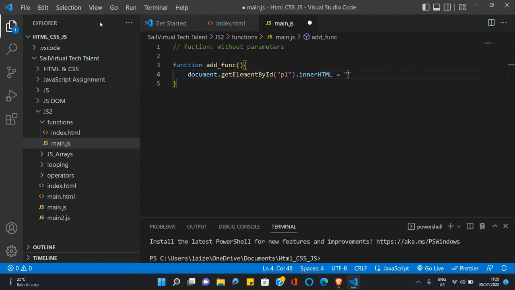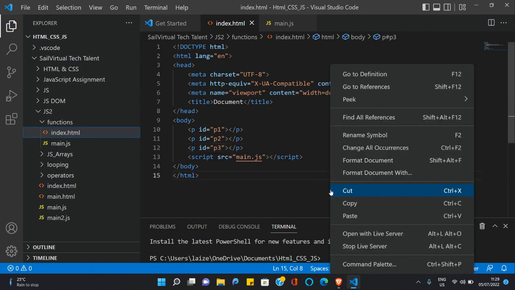Call this "Welcome to JavaScript functions." So now we have this. So if I save this now and output this on the browser,